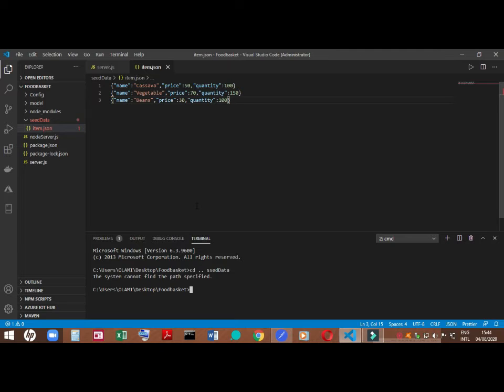Oh, sorry. It's spelled cd seed. Oh, I did the opposite. Seed data. So this should get us into the seed data folder, and we have access to the item.json file. In this folder, we're going to type the command mongoimport,